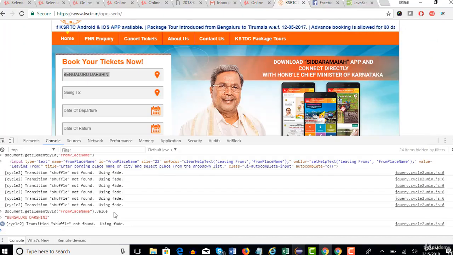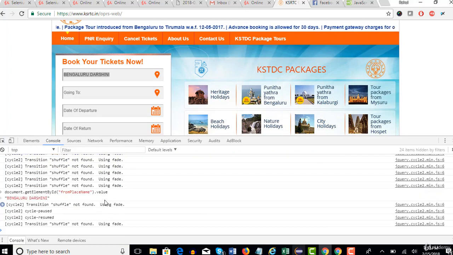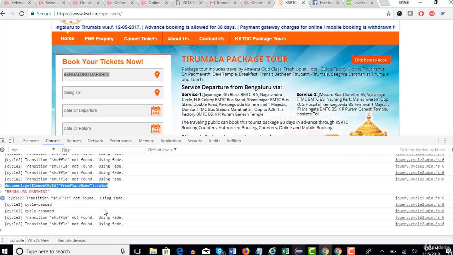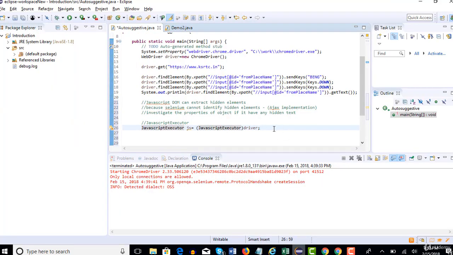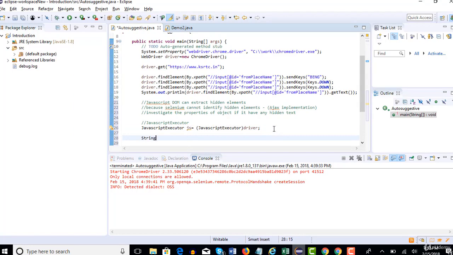Now you have a JavaScript to extract and print this value which is present in the box, right? I will copy this and I'll bring it here. So string, let me declare one variable and write the entire string. Okay, we should put it in double quotes because this is a string value.